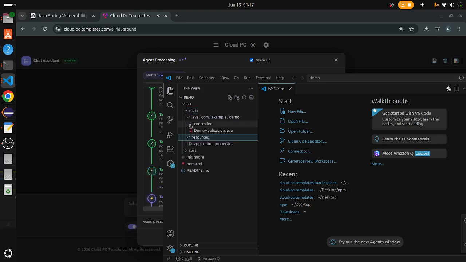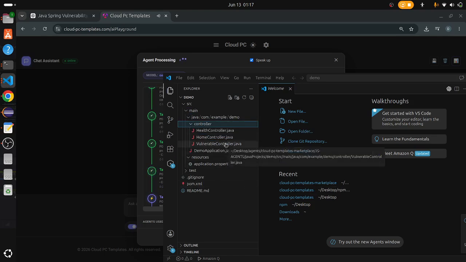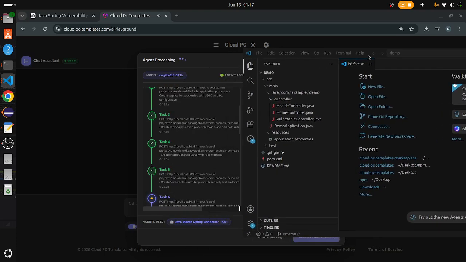I'm creating a new Java controller class called Vulnerable Controller in the demo project to handle user-related endpoints. The class will be in the com.example.demo.controller package and will